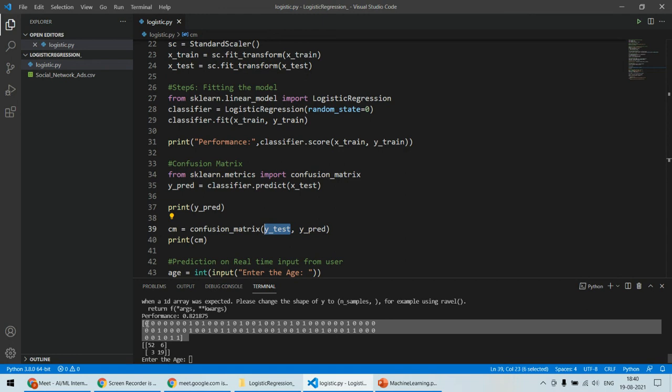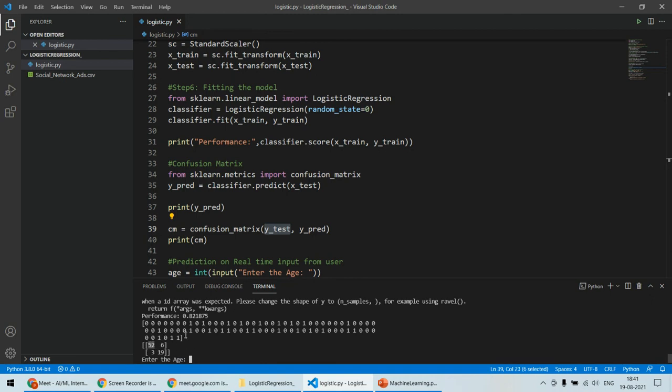तो कंफ्यूजन मैट्रिक्स में अगर यहाँ पे जीरो है और एक्चुअल डेटा सेट के अंदर भी जीरो है, ये प्रिडिक्टेड भी जीरो है और डेटा सेट के अंदर भी जीरो, तो दैट बिकम्स ट्रू नेगेटिव, तो हम उसको ट्रू नेगेटिव कंसिडर करेंगे। यहाँ पे वन है और डेटा सेट में भी वन है, तो हम उसको बोलेंगे ट्रू पॉजिटिव, क्योंकि यहाँ पे भी पॉजिटिव आया है, डेटा सेट में भी वो पॉजिटिव ही है। लेकिन यहाँ पे जीरो है लेकिन डेटा सेट में वन है, सो दैट मीन्स फॉल्स नेगेटिव। कि एक्चुअली पॉजिटिव आना चाहिए था, वन आना चाहिए था, लेकिन जीरो आया, मतलब फॉल्स नेगेटिव। यहाँ पे वन है लेकिन डेटा सेट के अंदर मान के चलो जीरो है उस पर्टिकुलर बंदे के लिए, तो ये हो गया फॉल्स पॉजिटिव। एक्चुअली वो नेगेटिव आना चाहिए था, नॉट परचेस्ड आना चाहिए था, लेकिन आ चुका है परचेस्ड।